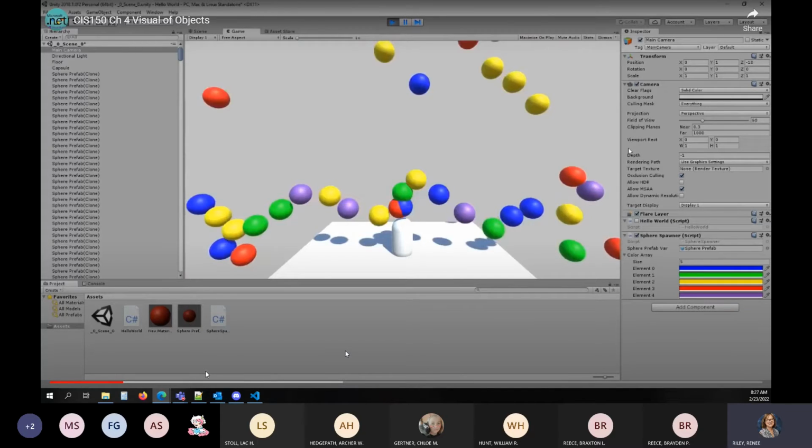Are they all the same? What kind of attributes do they have that make them differ? Different colors. That's good, for sure. What else? Different locales, different positions. They're being propelled in different directions.